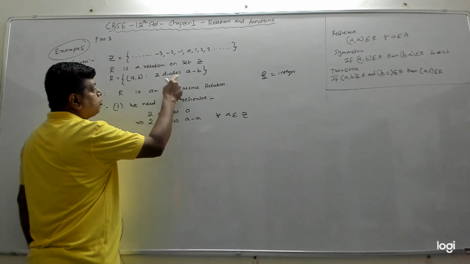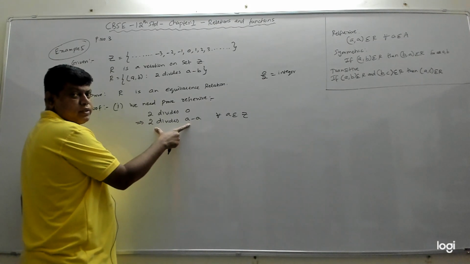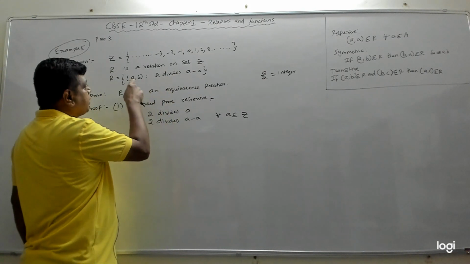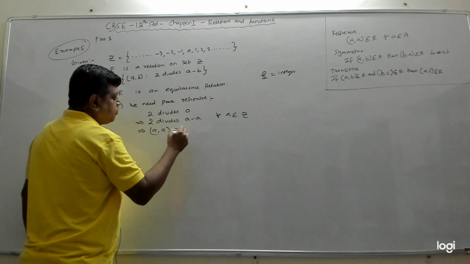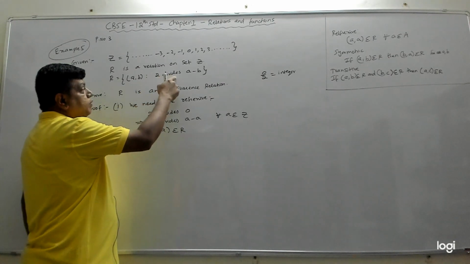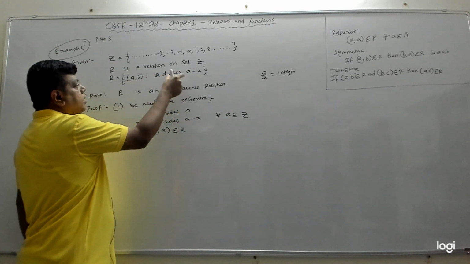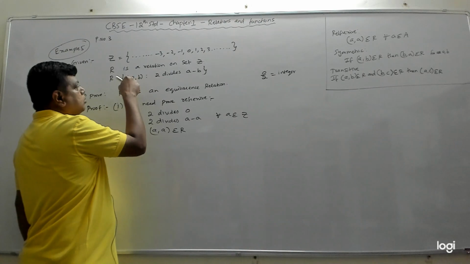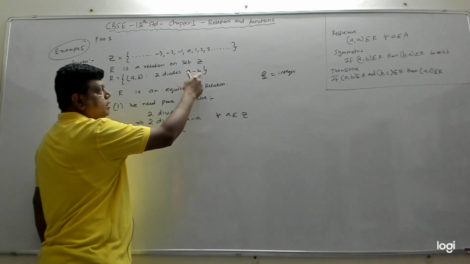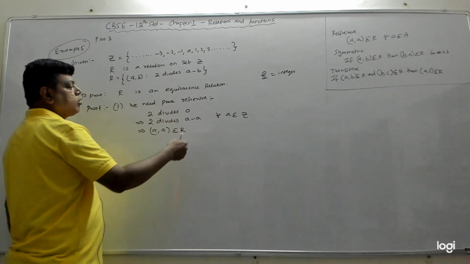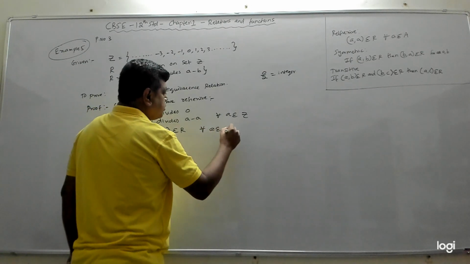Now we got this definition. When 2 divides A minus A, then we have got this rule which is satisfied. So if we apply this rule, we can say A comma A belongs to R. So this implies A comma A belongs to R. When can we say A comma B belongs to R? If 2 divides A minus B. And 2 is dividing A minus B. Once you get this condition, you can say that element A comma B belongs to R. But here it is A minus A, which means both are A. So A comma A belongs to R for every. This symbol is for every or for all. For every A belonging to the set of all integers.